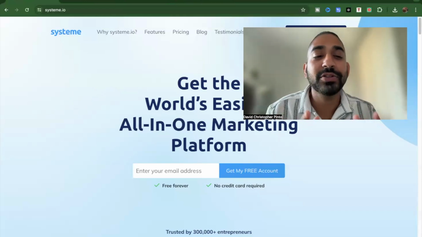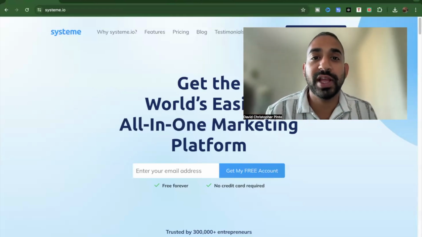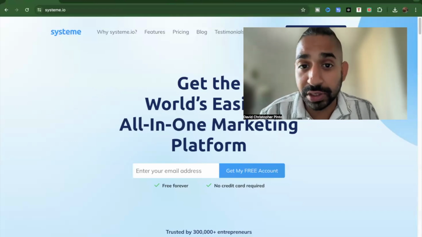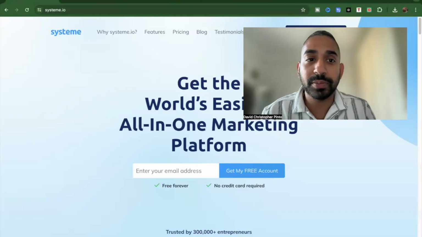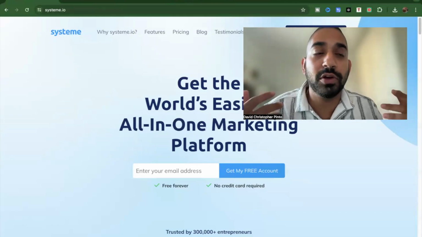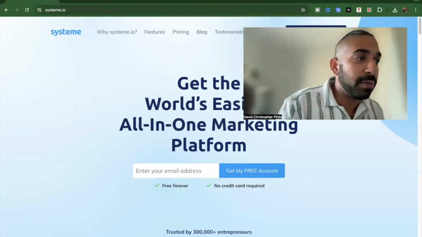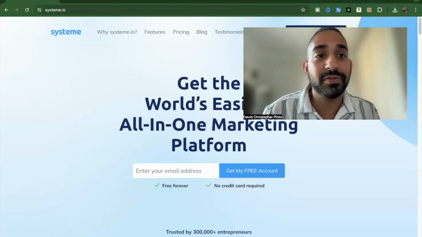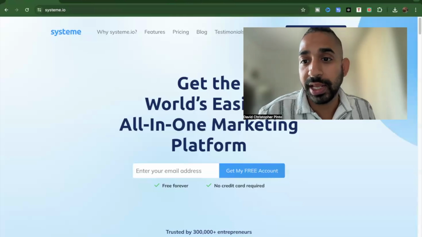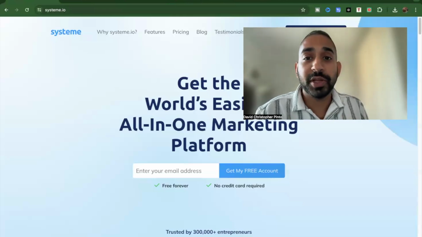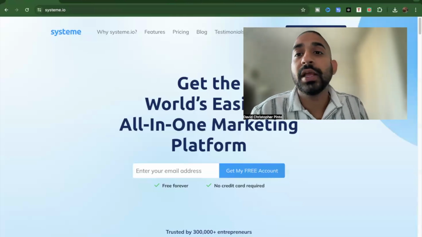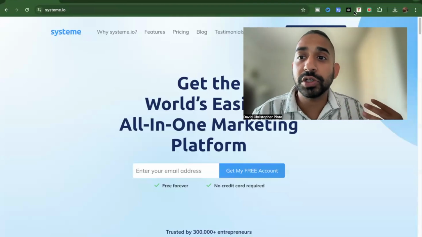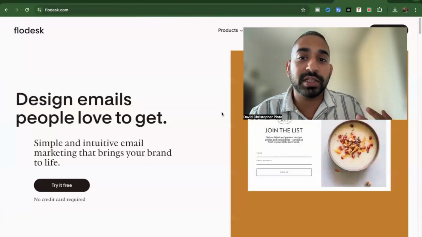But anyways, getting back to the topic, system.io is like an all-in-one tool, so therefore it's not very specific or not very targeted towards specific features. Now, for emails, for example, this is something that I also have a logic and thinking. I've used Aweber in the past. I've used GetResponse in the past. It can be quite an expensive affair having email marketing done through these kind of tools. Now, don't get me wrong, they're amazing tools to have, but I have been considering in the future to move on to something like Flowdesk, right?